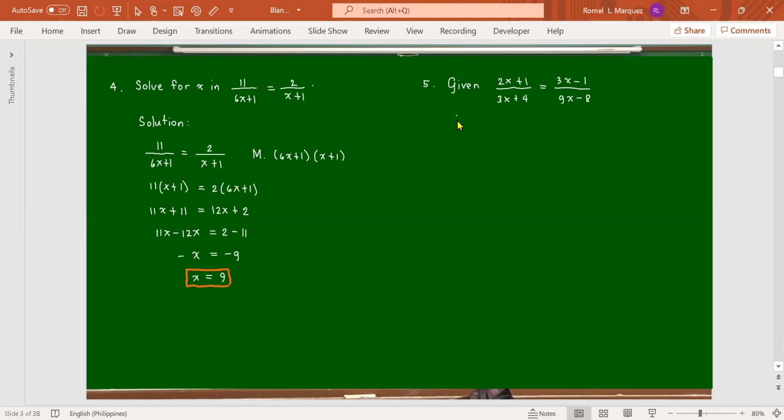Find the solution set. So given this equation,